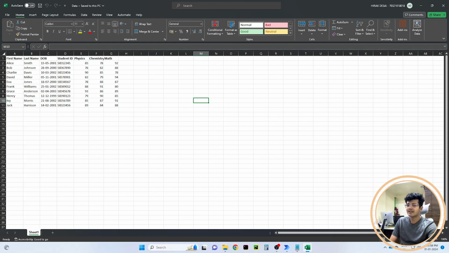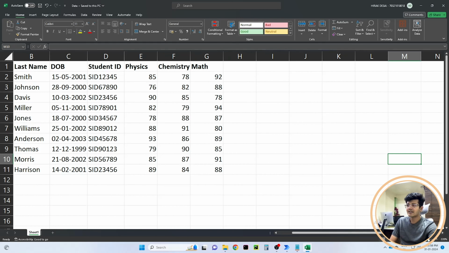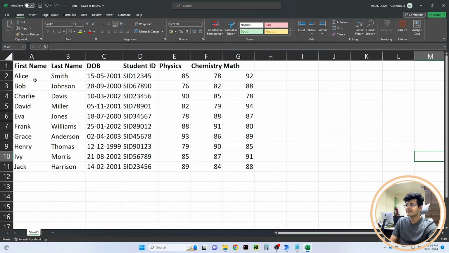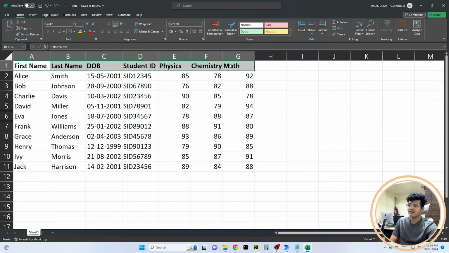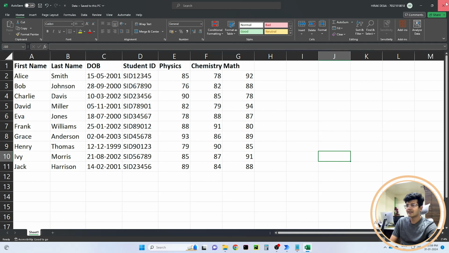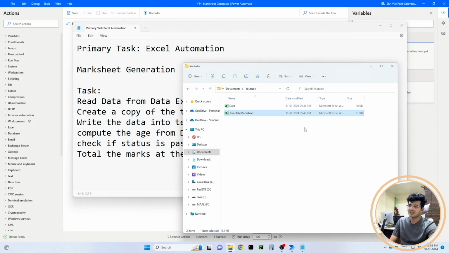The first one contains our data. As you can see, our data contains first name, last name, date of birth, student ID, physics, chemistry, and math as subjects, right? So this is all the data that I have. And the other thing that is there is our template mark sheet,